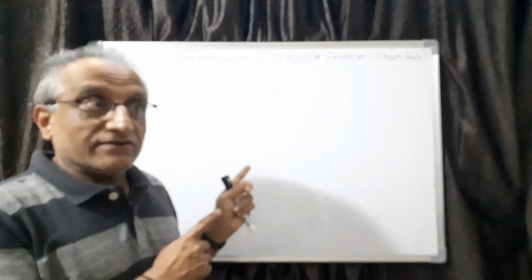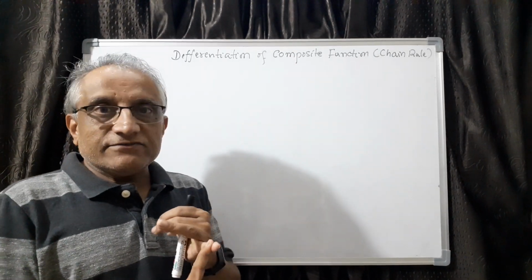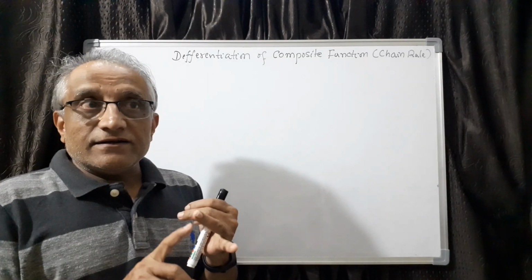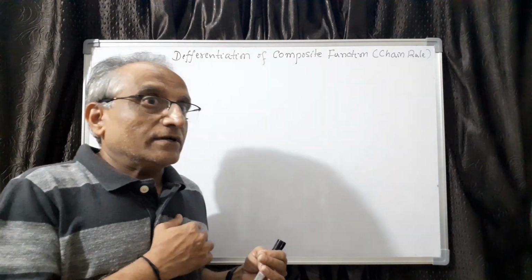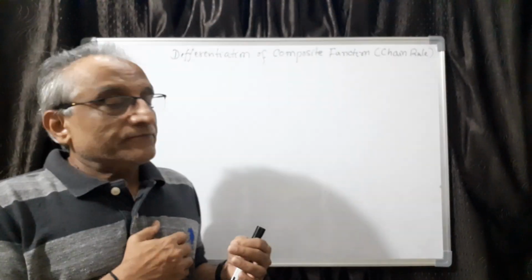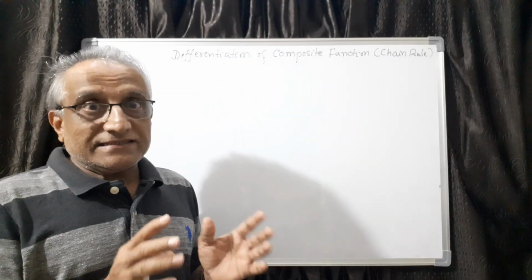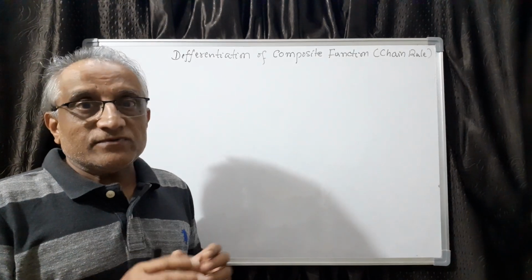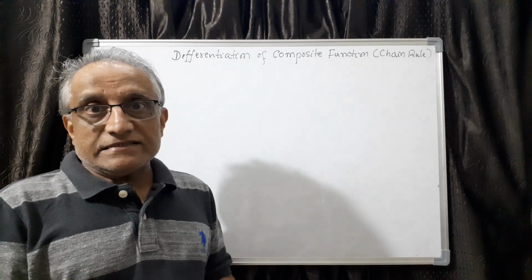This is the continuation of last year's derivative, wherein we have studied the first principle, that is differentiation of a given function by first principle. Then rules of differentiation: addition, difference, product, and quotient. To understand this question, you need the knowledge of all those things. Therefore, the first assumption is that you should be thorough with the first year derivative, so that you will be definitely able to understand this lesson.